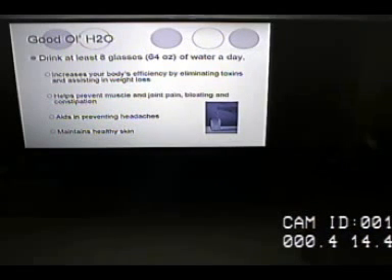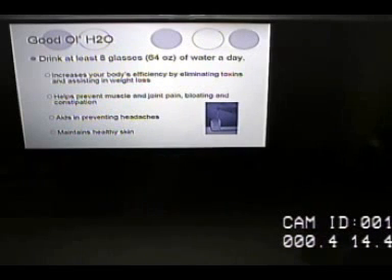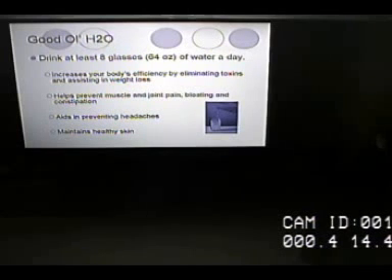Right, exactly. Water, how important is water? Like I said, 70% of the body is mineral water. It helps eliminate toxins, helps with weight loss, because when you don't have enough water inside the cells, there's too much outside, so the toxins will just stay within the cells. This helps to pull them out, helps prevent muscle and joint pain, bloating and constipation, and helps prevent headaches. I've had a couple clients come in and that was the issue. They weren't drinking enough water.